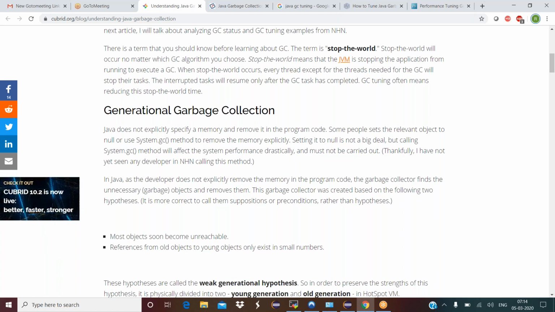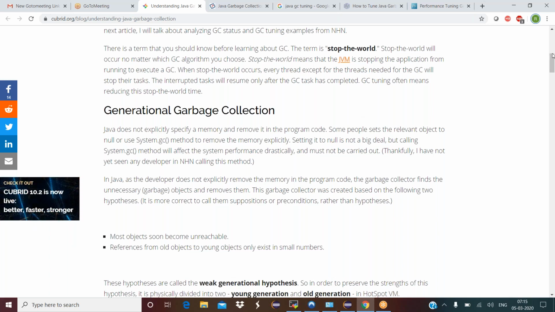Okay, so at a time, one of the survivor spaces is always empty, and you need to understand why one of the survivor spaces is empty in the young generation of the heap. Okay, this is another question. And which one is empty, S0 or S1? Let me open the diagram for you so that